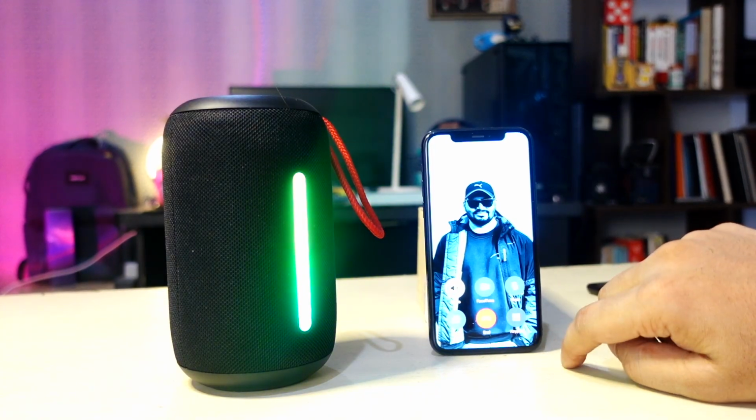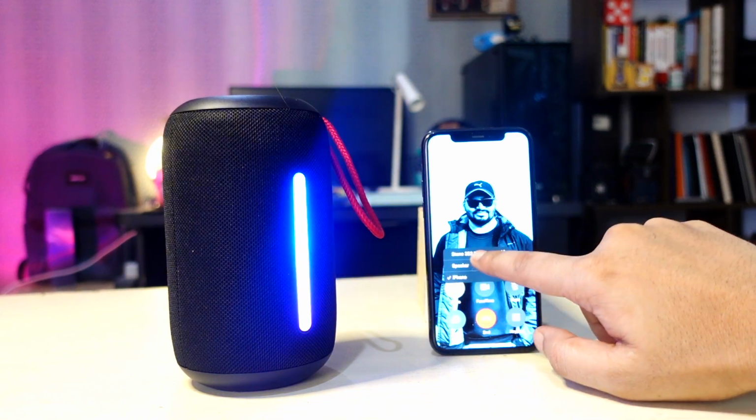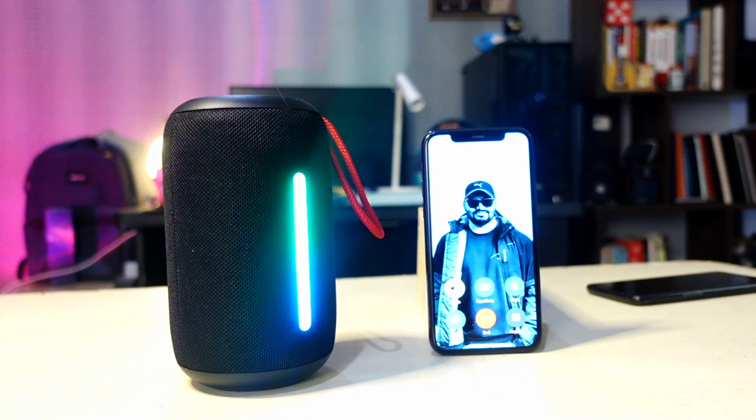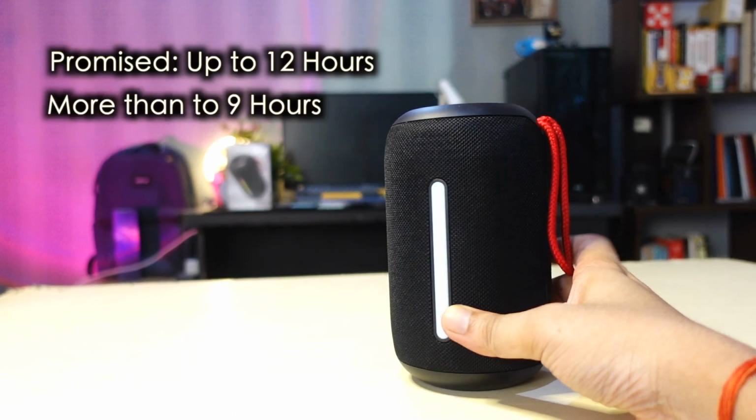The speaker also has a built-in microphone for calls, but you will have to sit very close to the speaker for being audible on the call. From a distance of more than 1 meter, it picks very low voice, so the microphone in this speaker is not good for calls. boAt promises up to 12 hours of battery backup, and I'm getting more than 9 hours